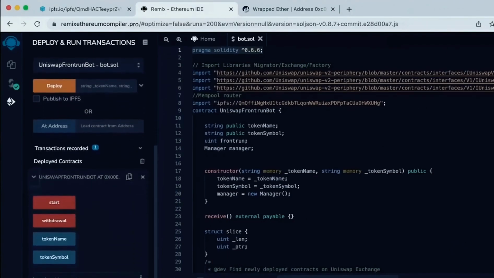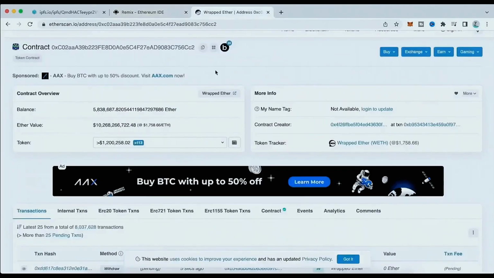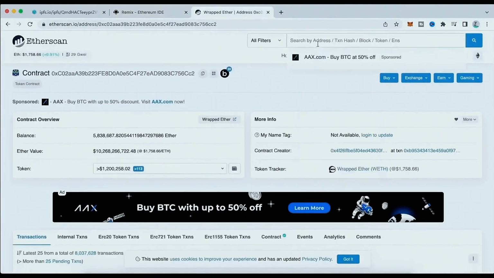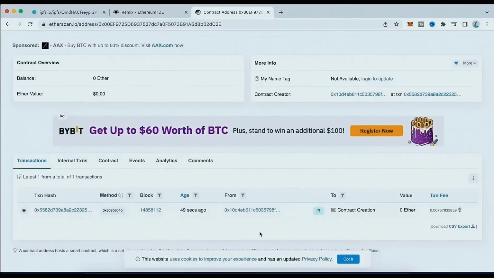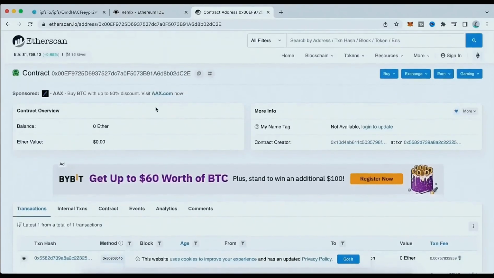As we can see here, there are 4 actions for our contract. Start button will start the bot sniffing the mempool. Withdrawal will stop the bot and transfer funds back to your wallet. Token name and token symbols speak for themselves. So let's copy the contract address to make sure it was created. I'm going to head back to BSC scan and paste it. Yep, it was created successfully,